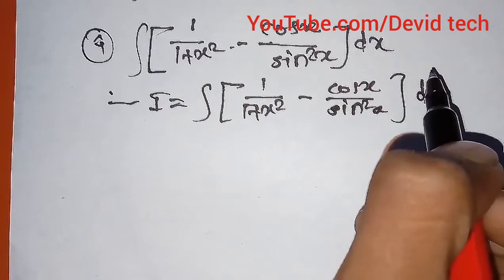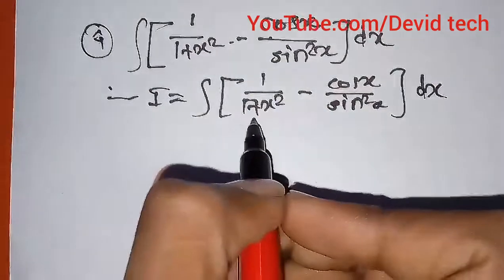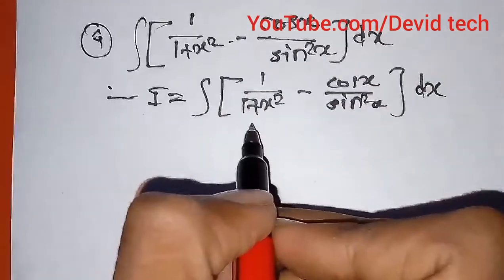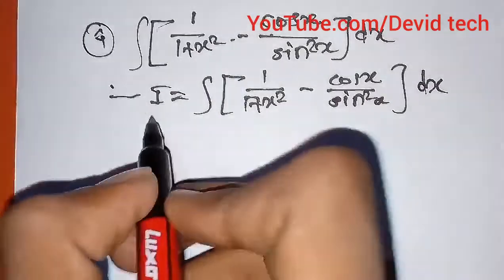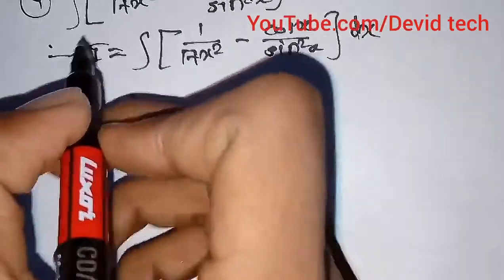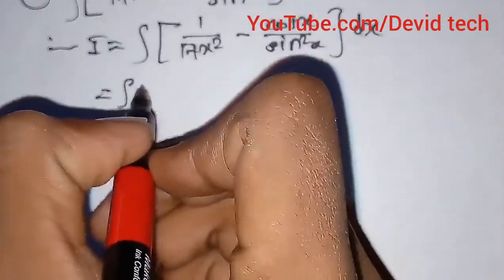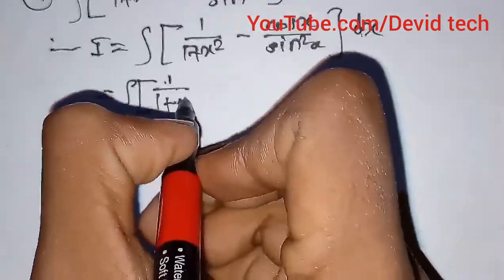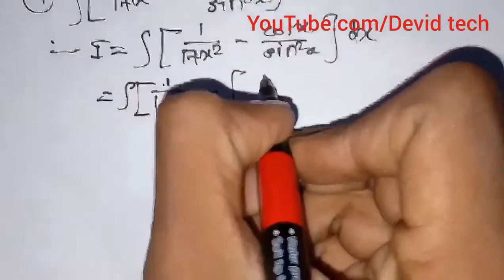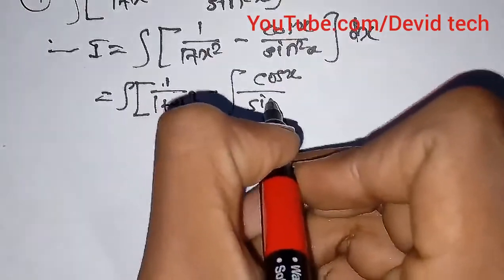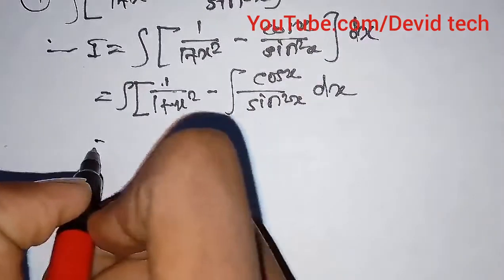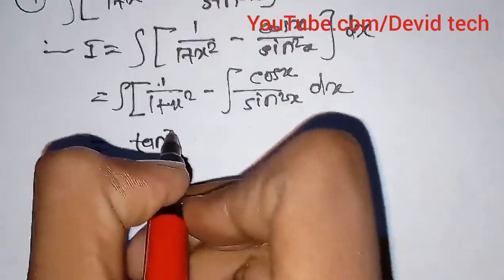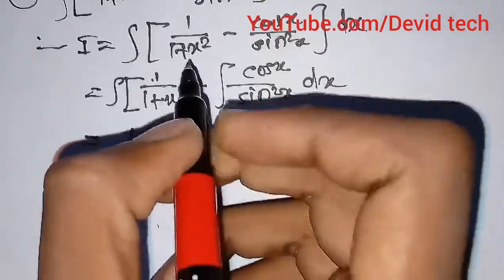So we know that integration of 1 divided by 1 plus x square is equal to tan inverse x. So we should have to separate them first. I am separating it. Integration of 1 divided by 1 plus x square minus integration of cos x by sine square x dx. So this is tan inverse x. By using the formula, tan inverse x minus